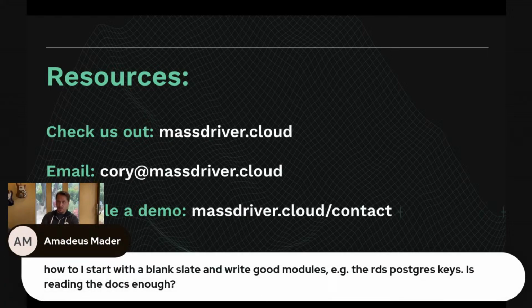I would start very small. Whenever I'm working on a new service, and I work on a lot of services that are new, the reality is you're going to do a ton of reading as you work through it, especially around alarms. AWS is very good for each one of their services at having pretty rich documentation on best practices for how to configure it, when you need KMS keys for different scenarios, and what alarms they think you should be watching. So I do a ton of reading, but I literally just start with that base resource. I do one resource at a time and slowly work my way through it as I'm reading the docs. Even for services that I'm very familiar with, I've been working with Postgres for 10 years,